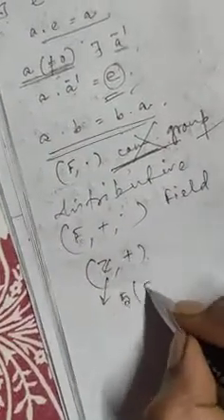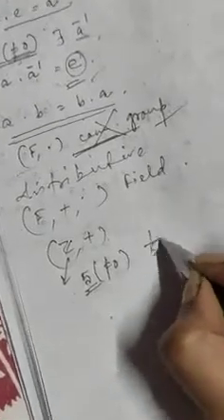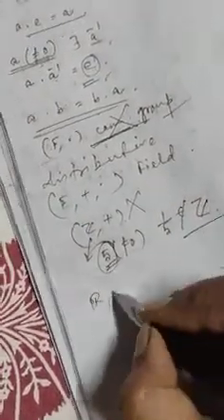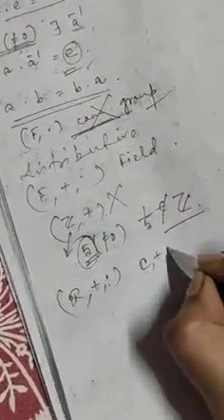For example, if you take Z plus, it is not a field, because if you take any non-zero element, say 5, this is obviously not equal to 0, but its inverse will become 1 by 5, which does not belong to Z. So we got one non-zero element which has no inverse in Z. So Z is not a field. For an example of a field, we can choose R plus comma dot. This is an example of a field, the set of all real numbers. Then C plus comma dot, the set of all complex numbers. This is also a field.